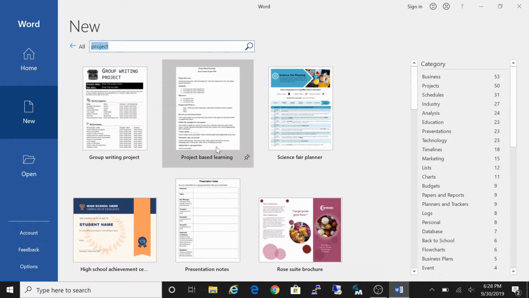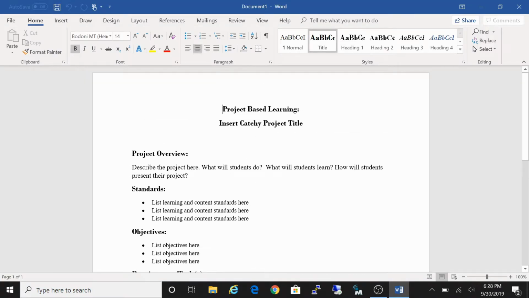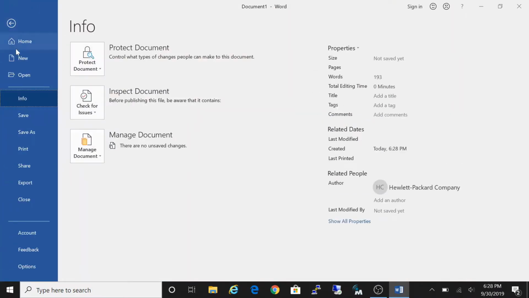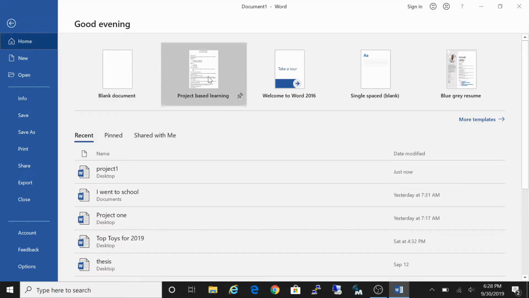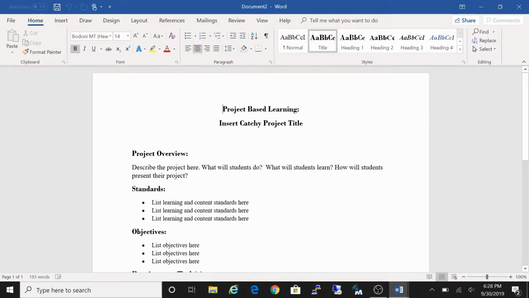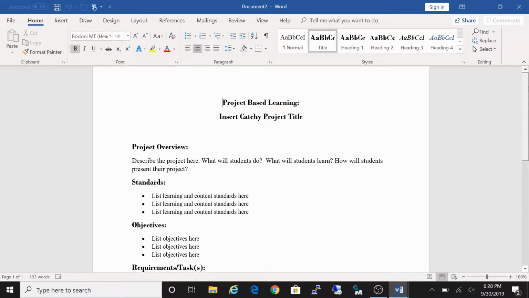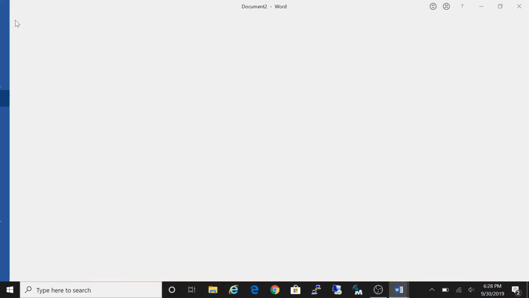So let's say you want to use this project template, project-based learning. I can double click and open, or let me go back. With a single click, I can do Create, and it'll create the template. So now you can change the template the way you want it. So let's go back again